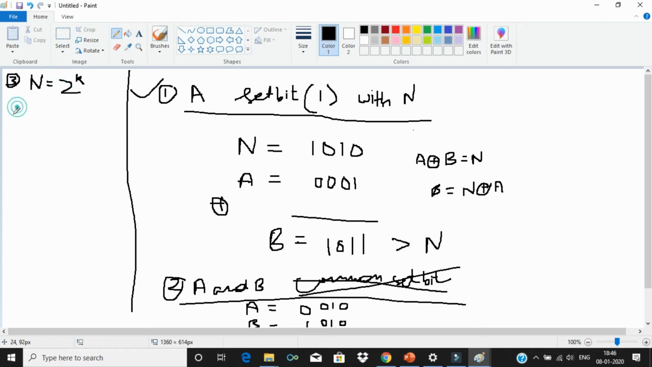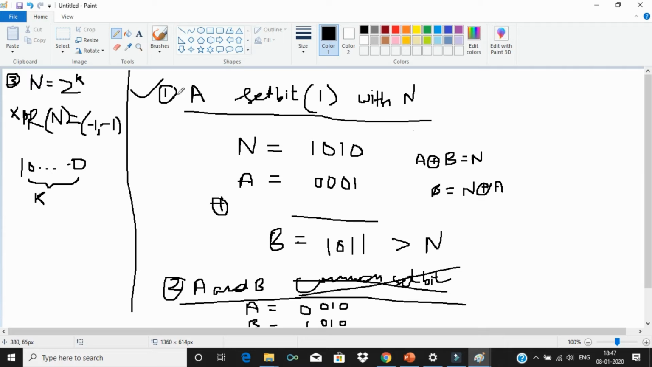The XOR pair representation XPR of that N, for that, it is all simply going to be -1 -1. Why? Let me tell you. As 2 raised power k is represented as 1 followed by k number of zeros, this is how 2 raised power k is represented. And when N is represented like this,